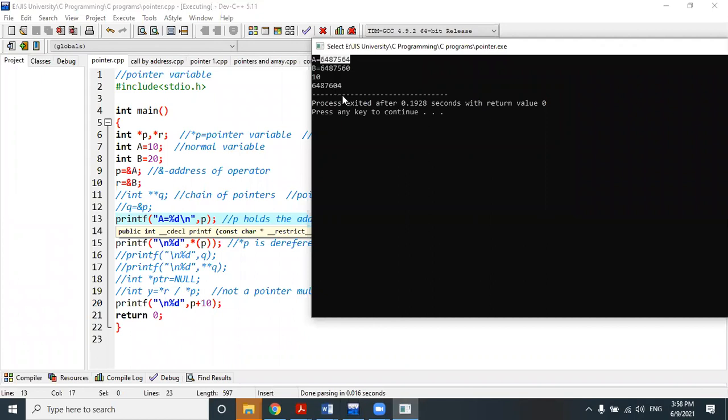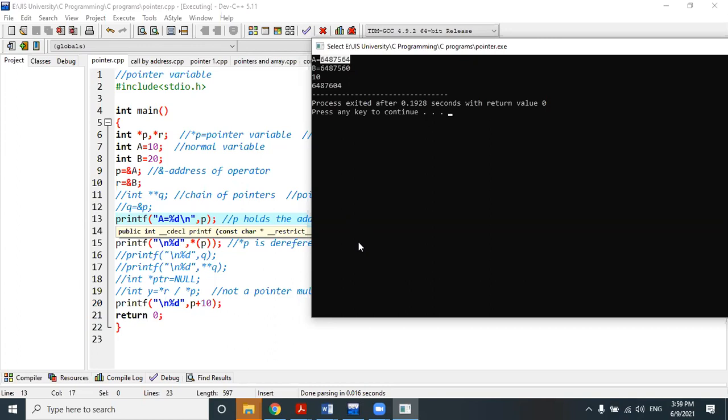And we will add 10 with that address. But what does 10 mean? Tell me, what does 10 mean?